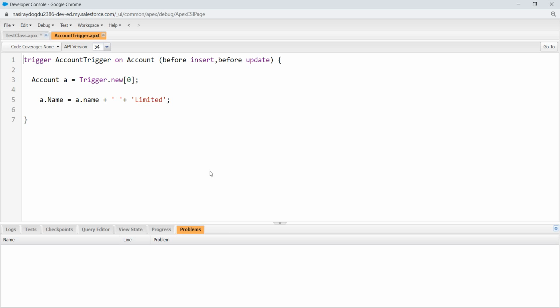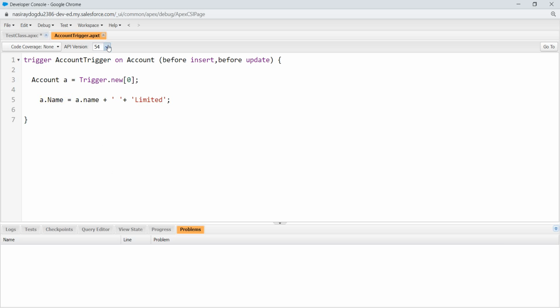Account trigger. As you can see, this is my trigger. What does it mean? Before insert, before update. Account a, and then a new account, first account. When it is created, the name for this, okay, if somebody enters a name on the system,